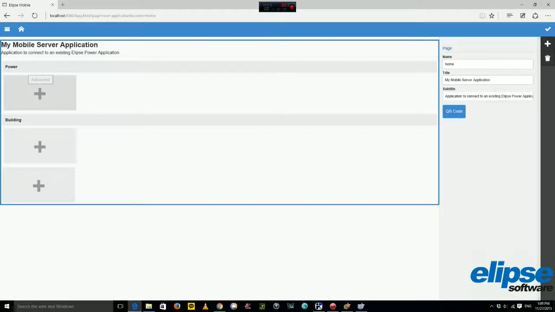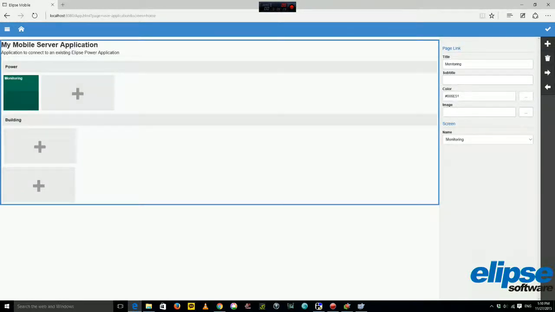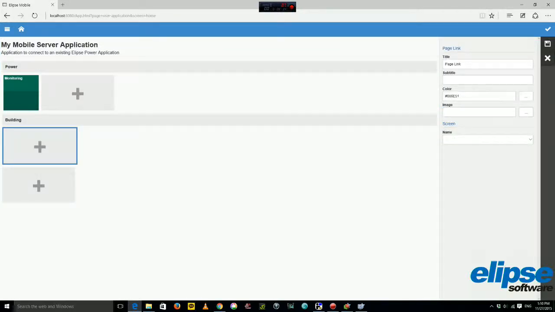So I have two groups. In this one, I will make a page link, and a page link is like monitoring, and the screen will make a new page, and the page name will be monitoring, the same name. So I have monitoring here, and here let's make the same one. I will make a page link, and I will make a new page, and it will be like monitoring,